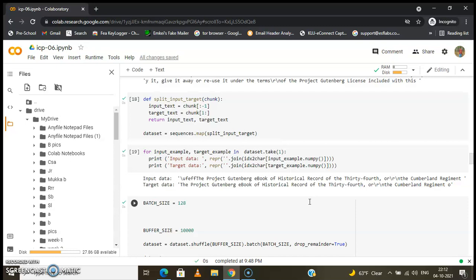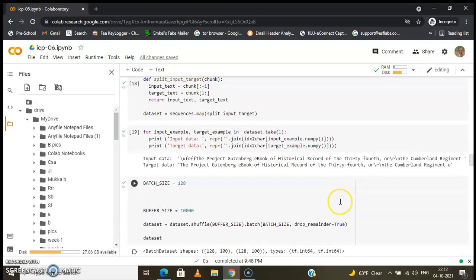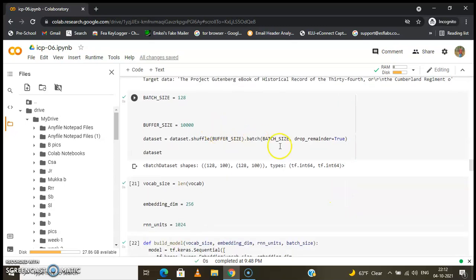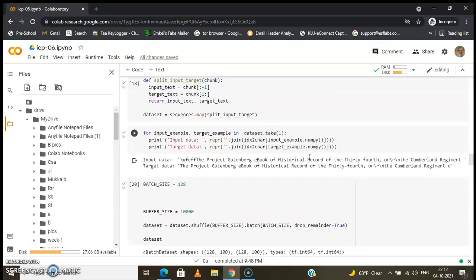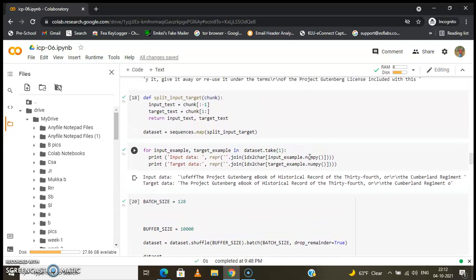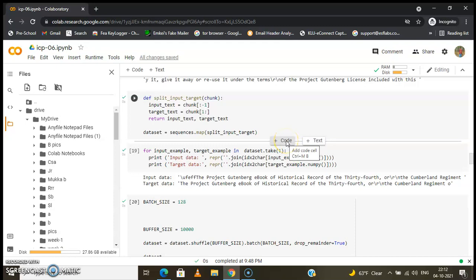After that, we have used duplicate and shift, using the sequence. Here we have kept the sequence length at 120, batch size 128, and buffer size equal to 10,000, and then we are also changing the target text. The target text will be one character ahead of the input, as you can see here.